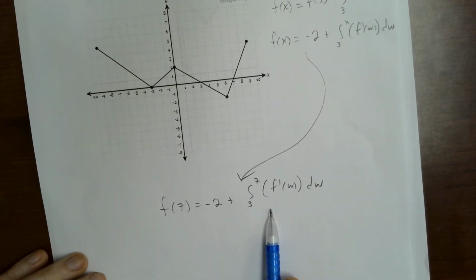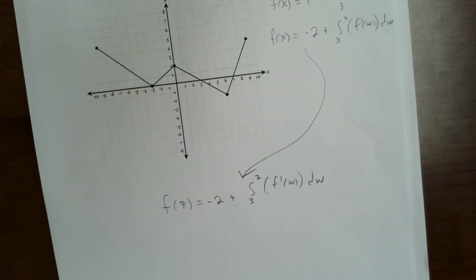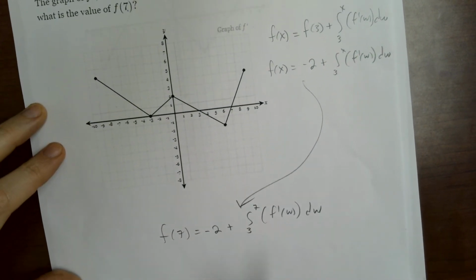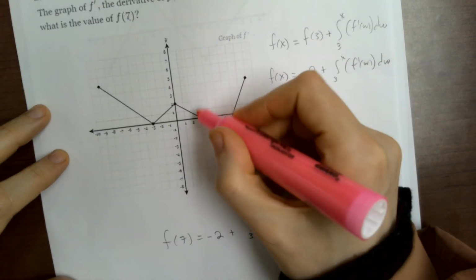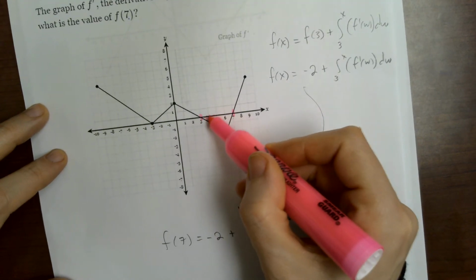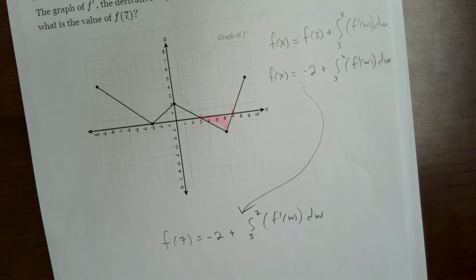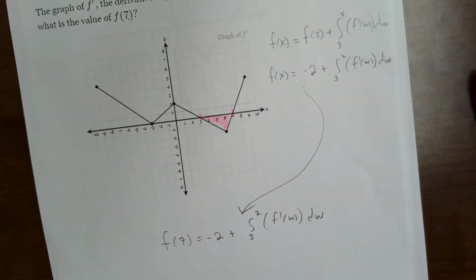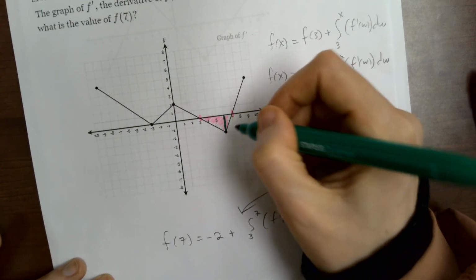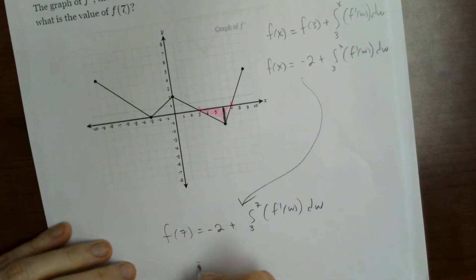Guys, right here, this is the area under the curve f prime. So I go up to my picture and I find the interval 3 to 7, right here. And I want that area there. Okay, it's going to be negative. Now, the area of a triangle is 1/2 base times height, and right there we have the height. It's just 2 units. All right, so this is -2